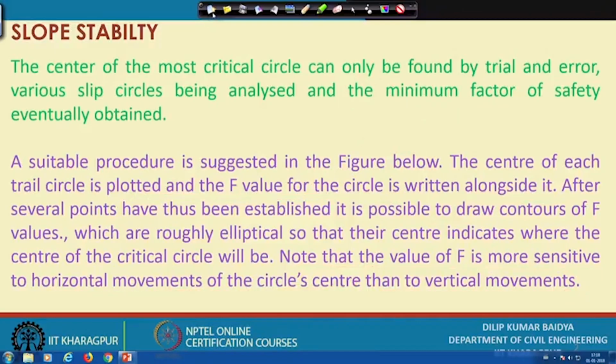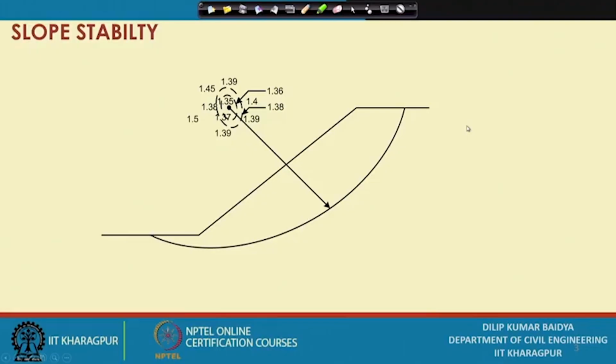So, I will show the next slide to explain what is actually done. You can see here. Suppose we have got a number of points initially, and finally we have got a contour of 1.39, a contour of 1.36, 1.38, 1.36 and 1.35 maybe somewhere here, and the values may be 1.39, 1.45, 1.5; there are a number of values. So, finally, you could draw a contour of 1.36, 1.38,